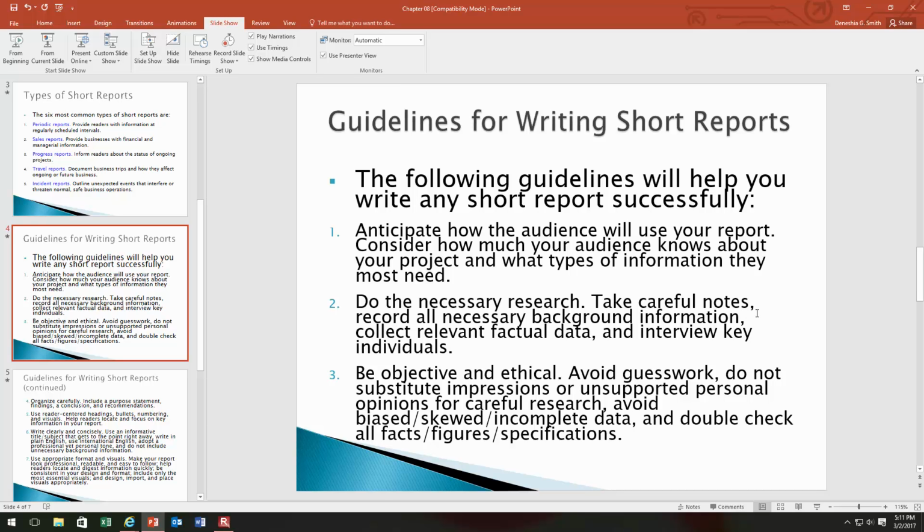Number 2, do the necessary research. Again, with a short report as opposed to a long report, you probably won't have a whole lot of research. But in the case of a short report, you may have to collect your receipts for that travel report, or that periodic report, or you may have to gather your notes, or your records for that progress report. There may be some light research that's necessary, but it's usually not something that you can complete on a rather quick basis. Okay. And so make sure that you have all of the information that you need to make that